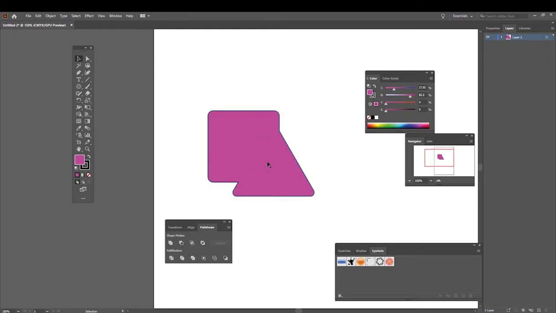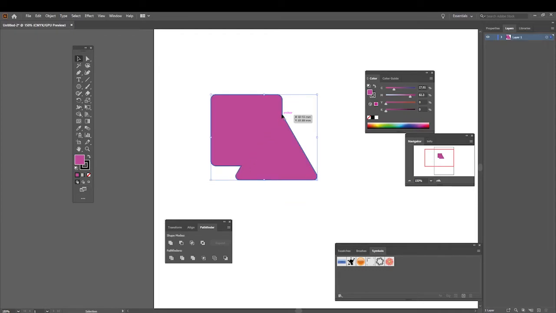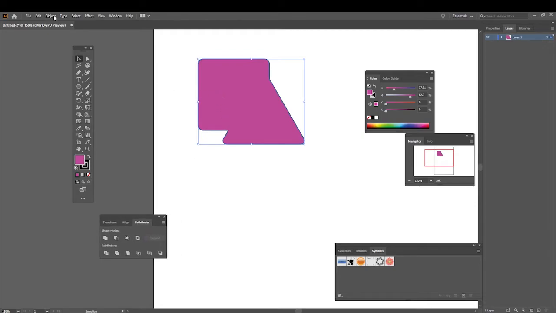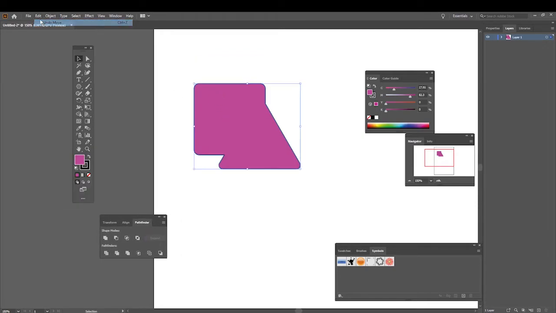Alright, so now we have one shape. As you can see, we've lost the remainder of the triangle shape, which is all good. So if we wanted to create a custom shape, then it's easy enough to do so just by using the shape tool and by using the merge. But what other options do we have with this? Say if we undo those,